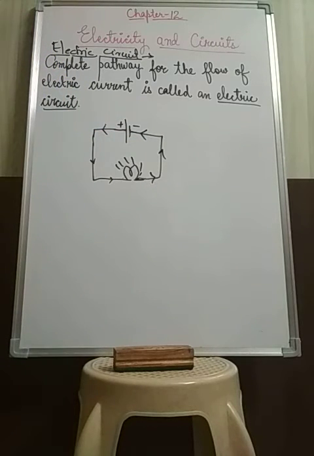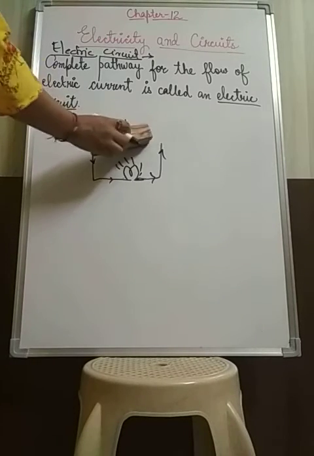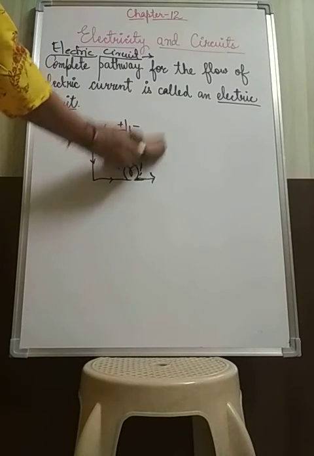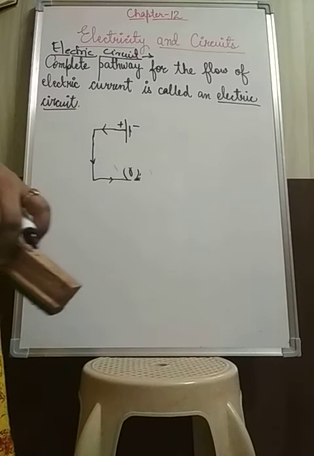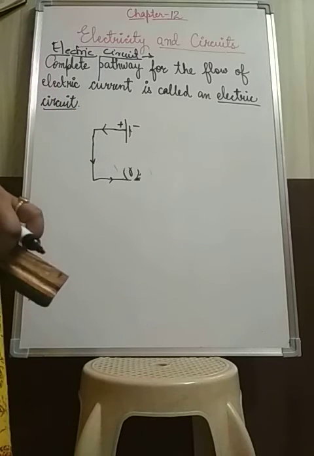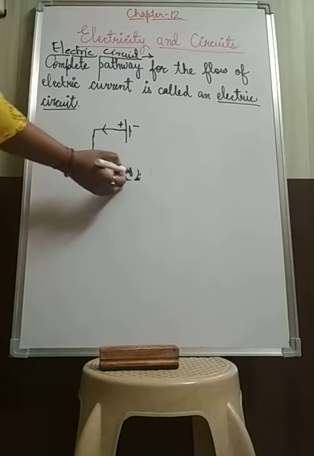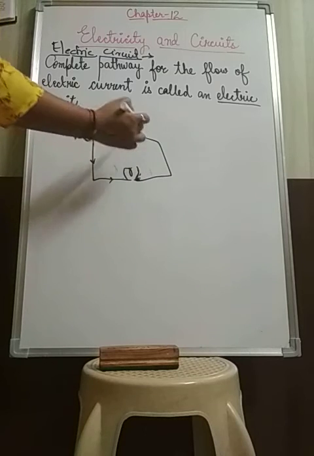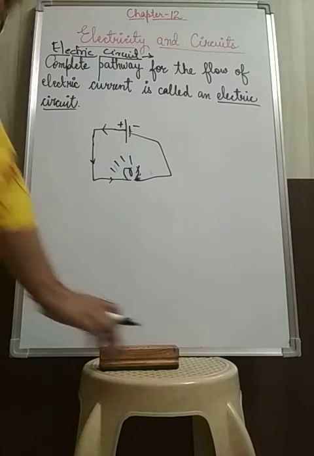Okay, now in the fifth case, the bulb is connected only with the positive terminal, not with the negative terminal. Then in that case also the bulb will not glow. In the sixth case, again the bulb is not connected to the negative terminal, and in the seventh the connections are proper, means both the ends of the bulb are connected to the two terminals of the battery. Then the bulb starts to glow.